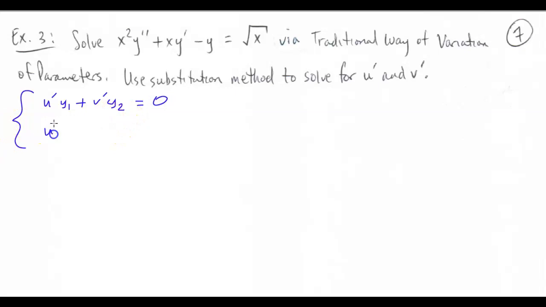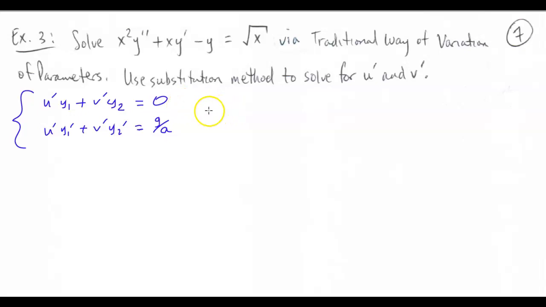We also have u prime y1 prime plus v prime y2 prime, and that's going to be equal to our G divided by A, which we'll specify in just a second. So the main goal here is we want to solve